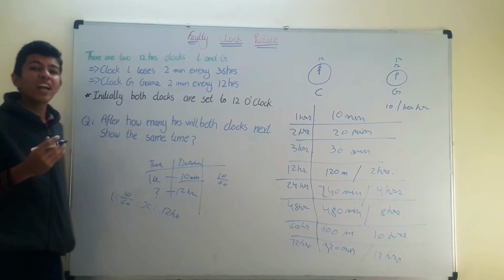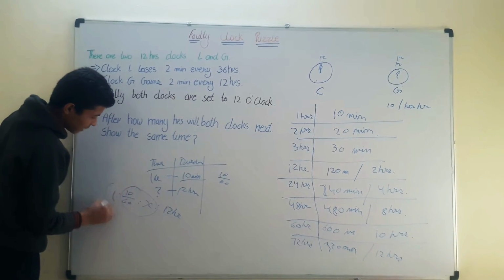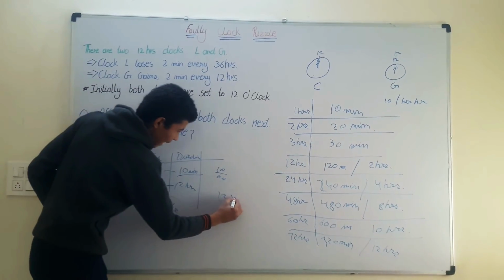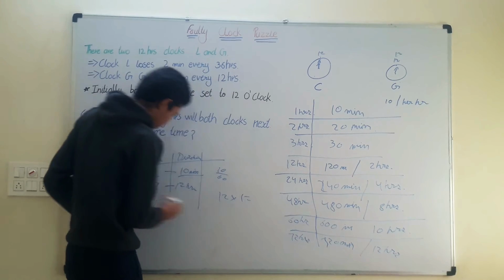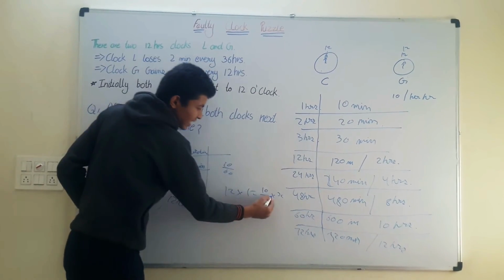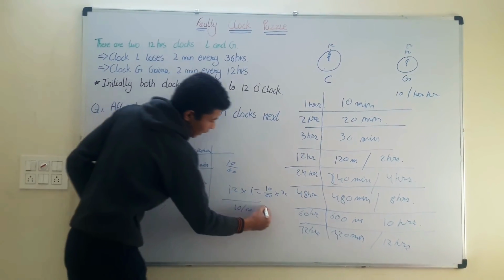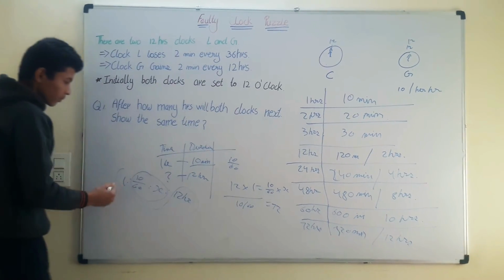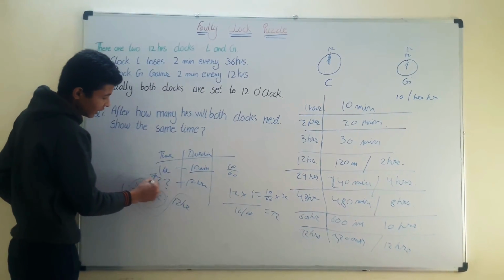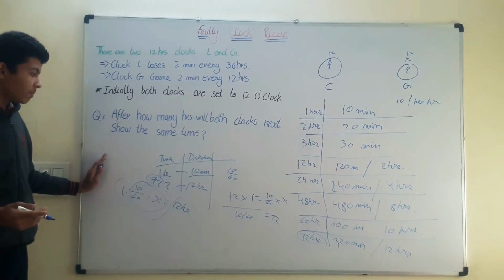So now we know that the product of extremes is equal to the product of means. So these are the means terms and these are the extreme terms. So we get 12 multiplied by 1 is equal to 10 divided by 60 multiplied by x. So we divide by 10 divided by 60, and we will get this value as 72. So x is equal to 72. Hence we can see that here 72 matches with this 72. So we have formed this duration.